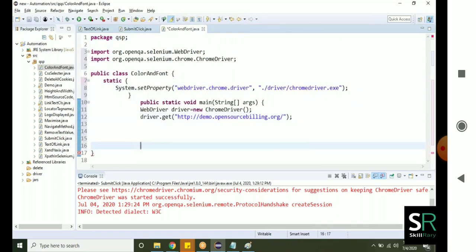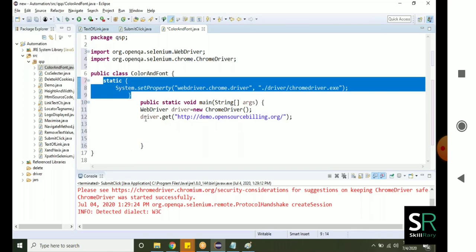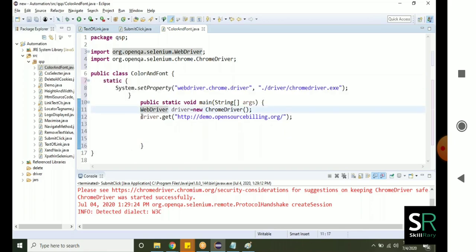Done. I open the browser. System set property inside the static block. Line number 11, opening the browser. Line number 12, entering the URL.